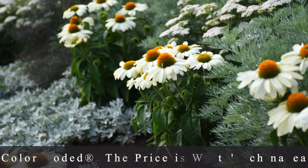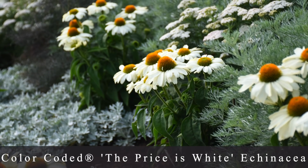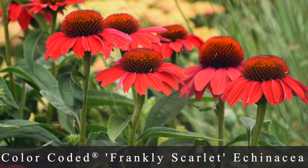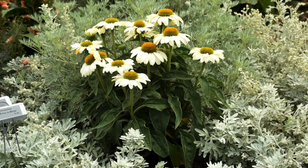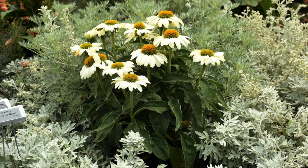Number 6 is actually 2 different plants. They're 2 different types of echinacea. One is called Color Coded The Price Is White, and the other is Color Coded Frankly Scarlet. Now The Price Is White really excites me. I heard about this plant last year and I was looking forward to adding it to my moon garden, which I don't think I'm going to keep,